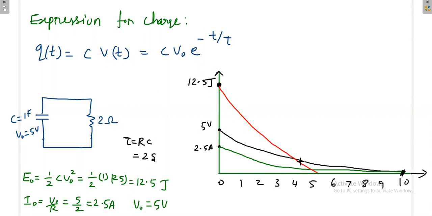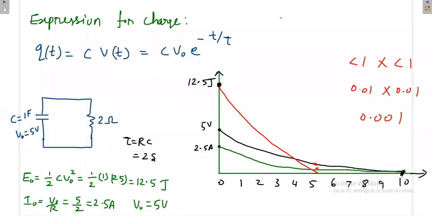Again, you may have a confusion about how this is becoming 0. If you concentrate really at this point, this value will be very close to 0. When you multiply two values which are really less than 1, for example 0.01 and another 0.01, then what you will get? 0.001, which we consider as 0. So your energy will decay faster than your voltage or current. That idea you should have.